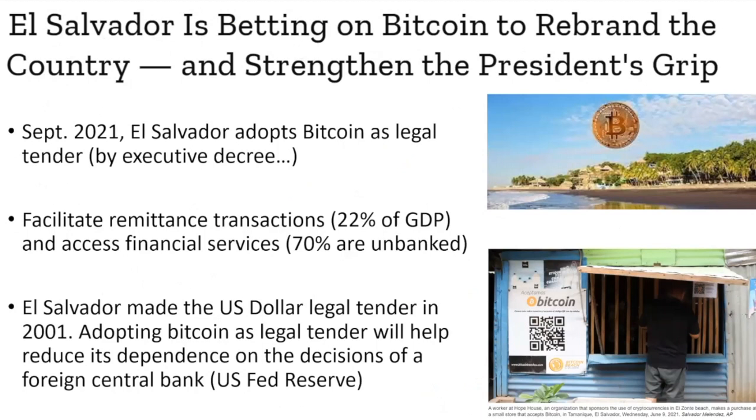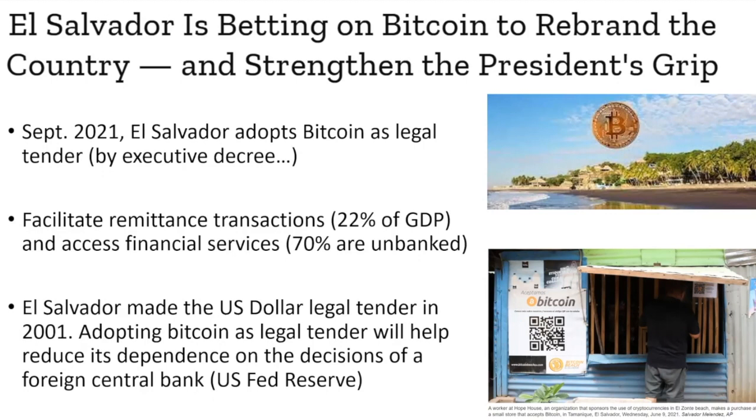Last September, in 2021, El Salvador became the first country to adopt Bitcoin as legal tender. I'll point out, it did this not through a truly democratic decision-making process that went through El Salvador's legislature with democratic consent. It came through executive decree, right? And the leader, who I will talk about in the next slide,